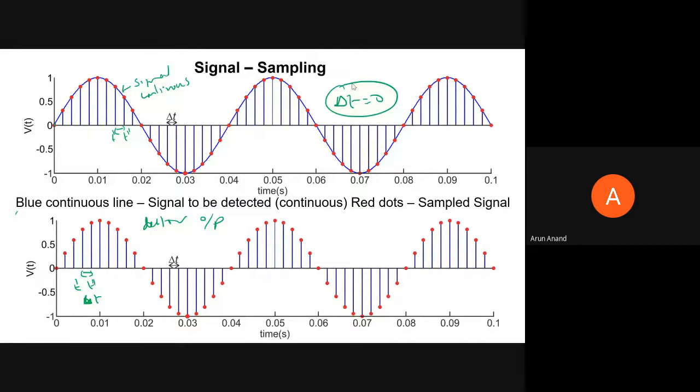The fastness of your detector determines how close these two time points are in your detector output. Of course, the faster the detector, the more samples you have in a unit time. For example, in 1 second, you will have more samples. Processing more samples requires more memory, more computational power, etc. But that is a different issue.